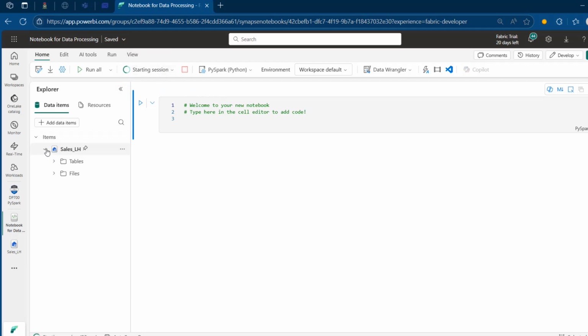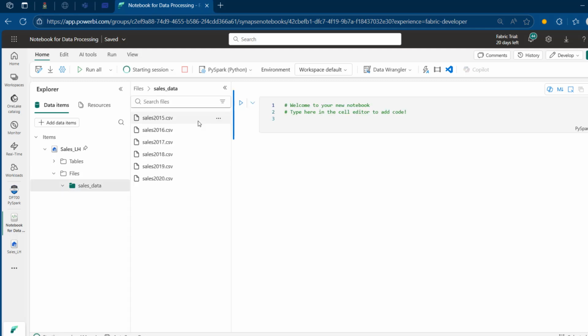So I'm going to expand this, and as I've mentioned, this is where our Delta table resides. So when I click on this to expand, I can see the sales data subfolder we created, and I can expand this and double click. I can see the sales 2015.csv to sales 2020.csv. So our goal is to read all these files, perform a little data cleaning, and write as a Delta table,